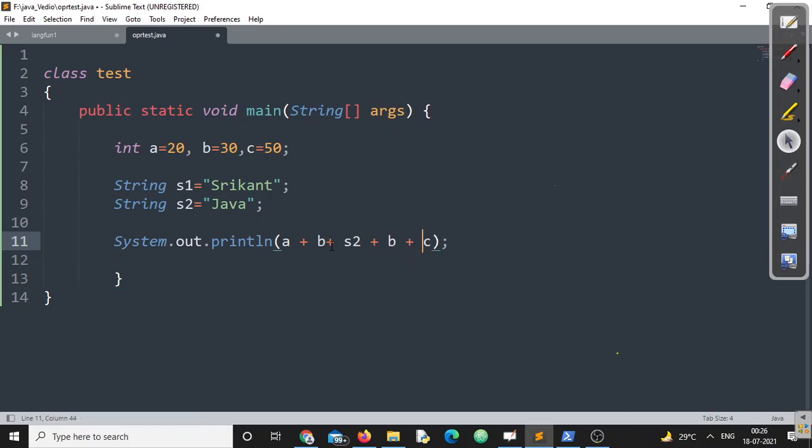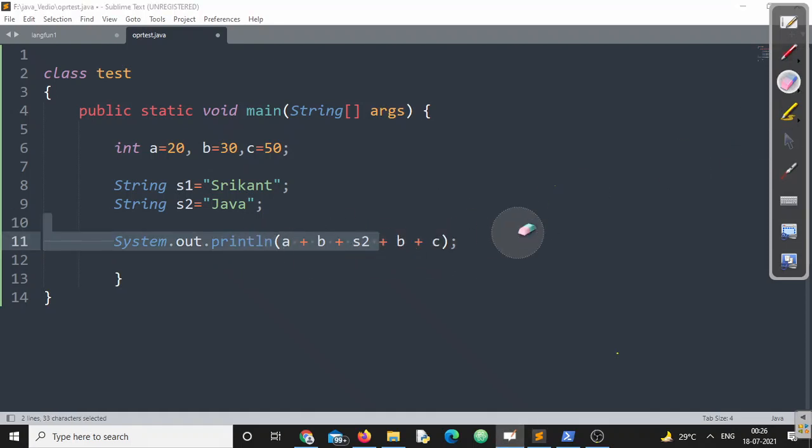Here we have not written only numerics continuously: we have written numerics, then a string followed by numerics. Now what is going to happen here? Will all these be combined, or will this be invalid?